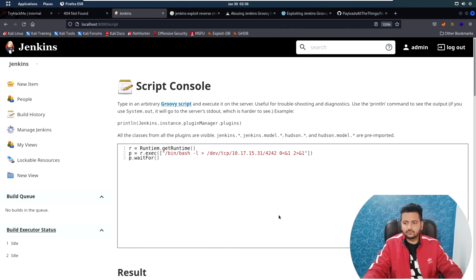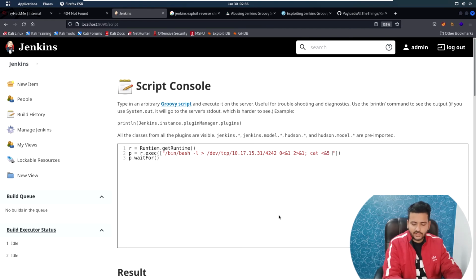Okay, what else can I do? I can use this like cat. So these are the online available payloads, anywhere you can find it easily. So I am using the same one. Okay. It should work fine now. After this,